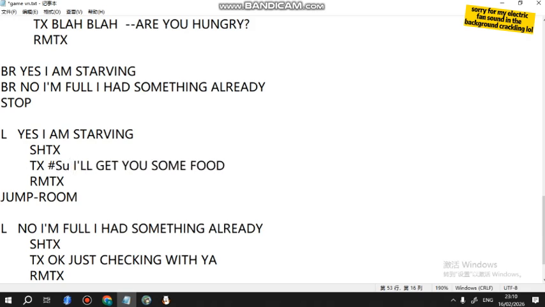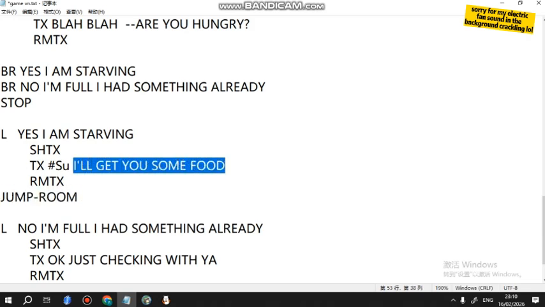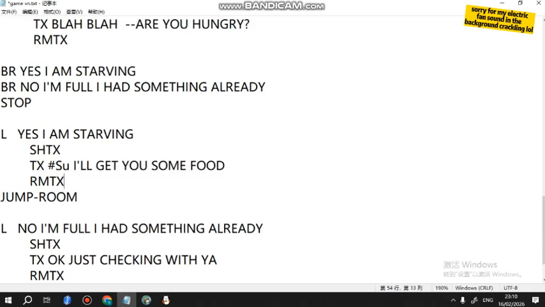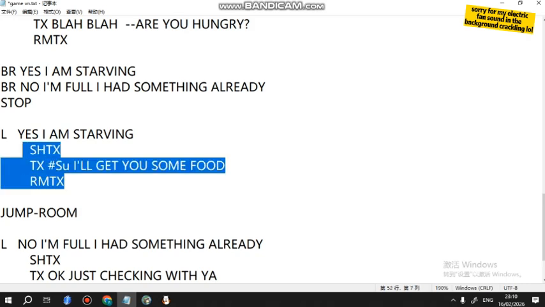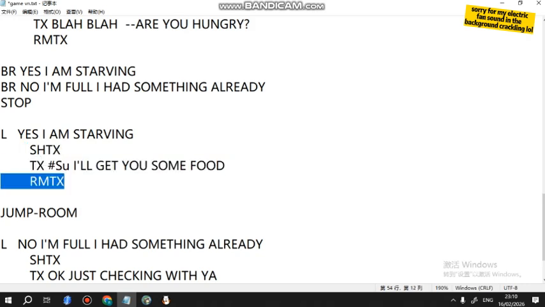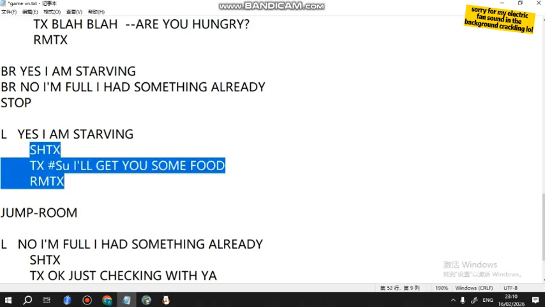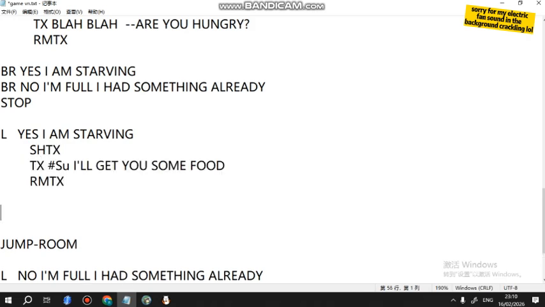In this case, let's imagine we don't just want to jump back to the room after she said, "I'll get you some food." You might want to literally show some more text. So we've removed that text with that character speaking, and we might want to show some more text, right? So go in here now, before we leave the room, or leave to go anywhere,